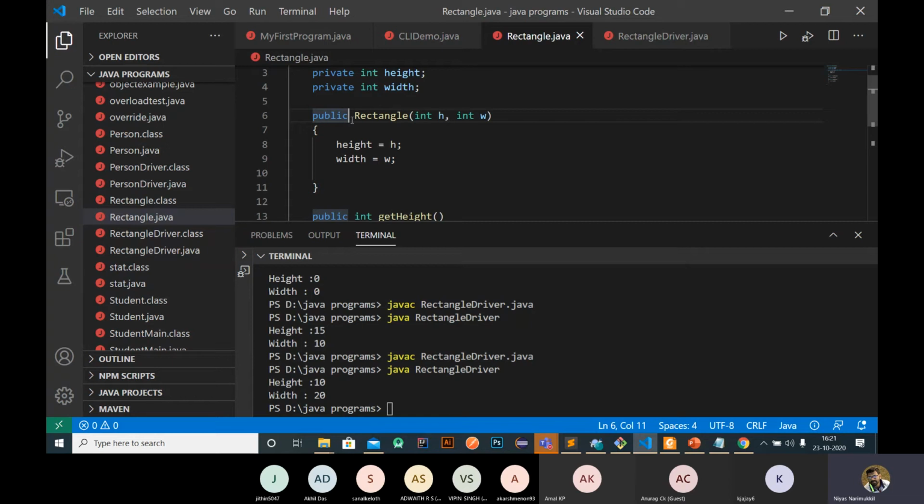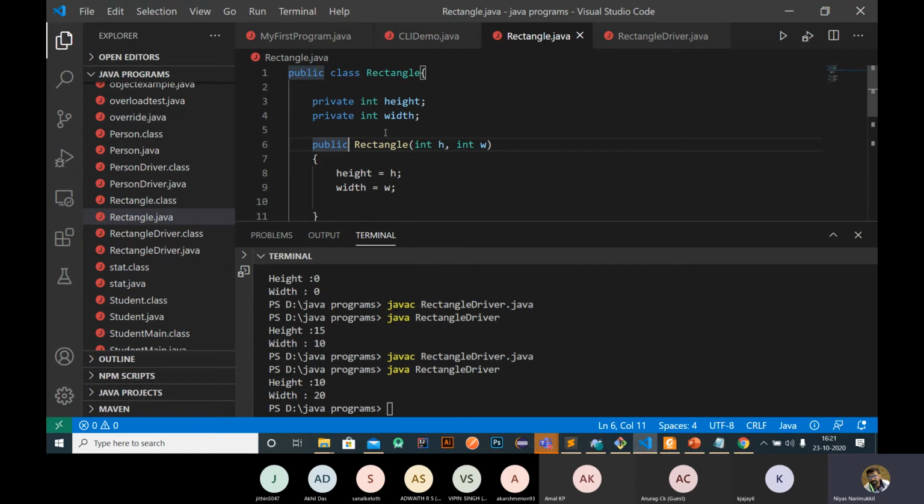So in case of a constructor, we do not use any kind of return type. We do not use integer, float. No return type will be there in case of a constructor. Okay, that is a valid point. So in case of a constructor, the name of the constructor method must be the same as the class, and it will not have any return type. Okay, you don't add any kind of return type. So that is one of the key things you need to understand while creating a constructor.